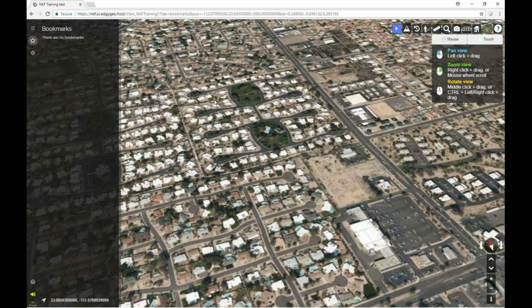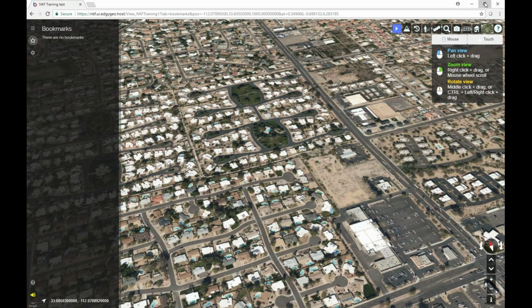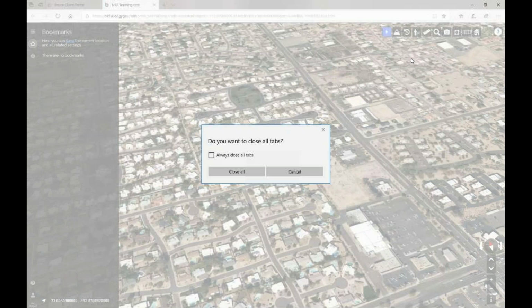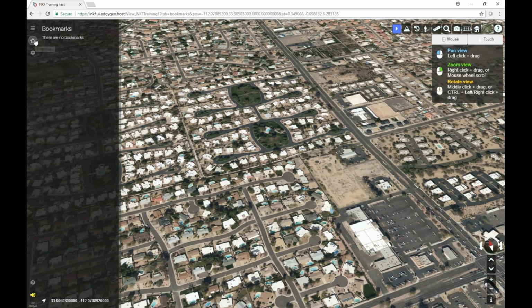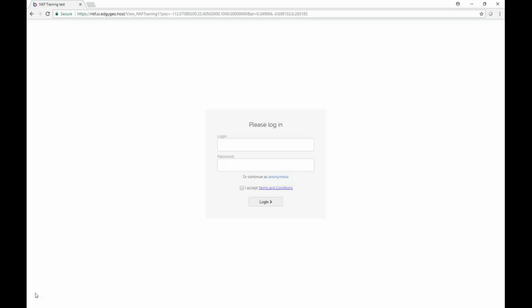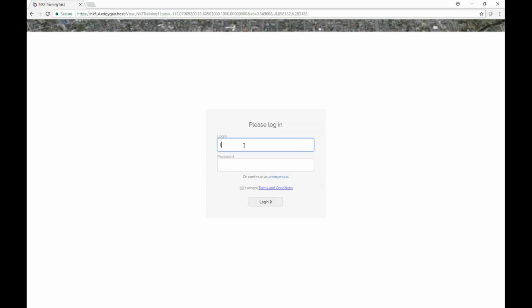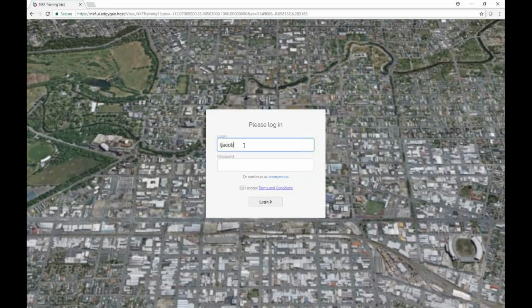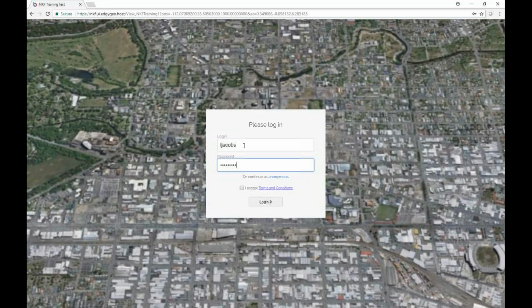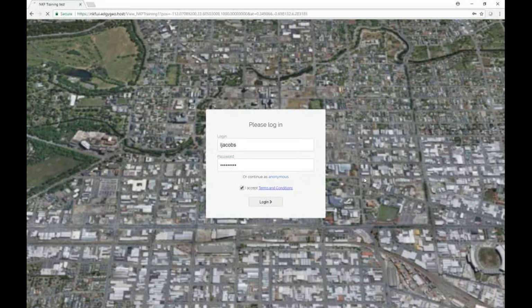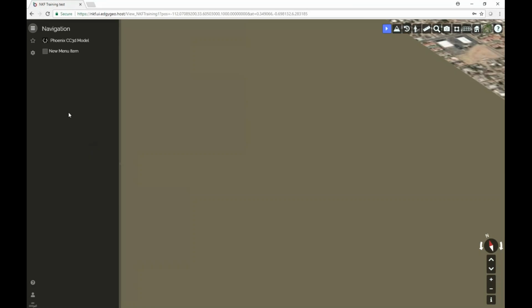Maybe shut down the IE one. Okay. And go to bookmarks. There are no bookmarks. You've got to log in. Oh, yeah. Sorry, it's going to be a bit of patience as with any new software. I'm sorry, you're getting to learn something. Actually, there you go. Save